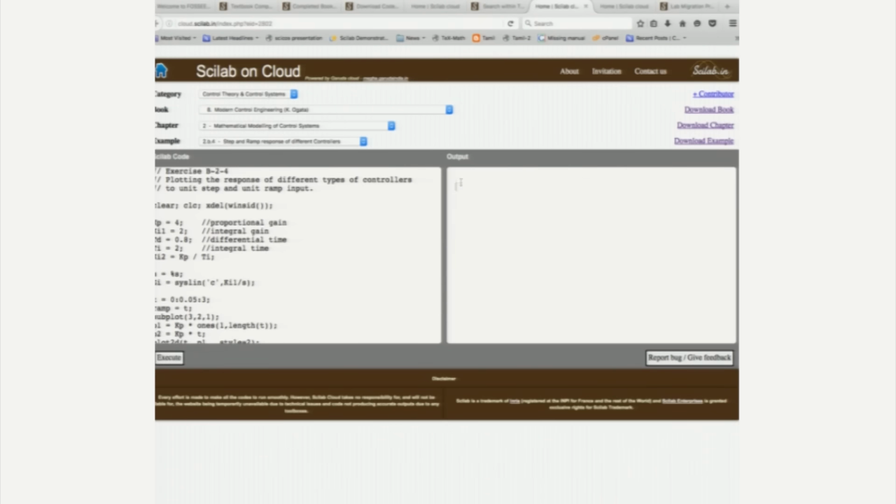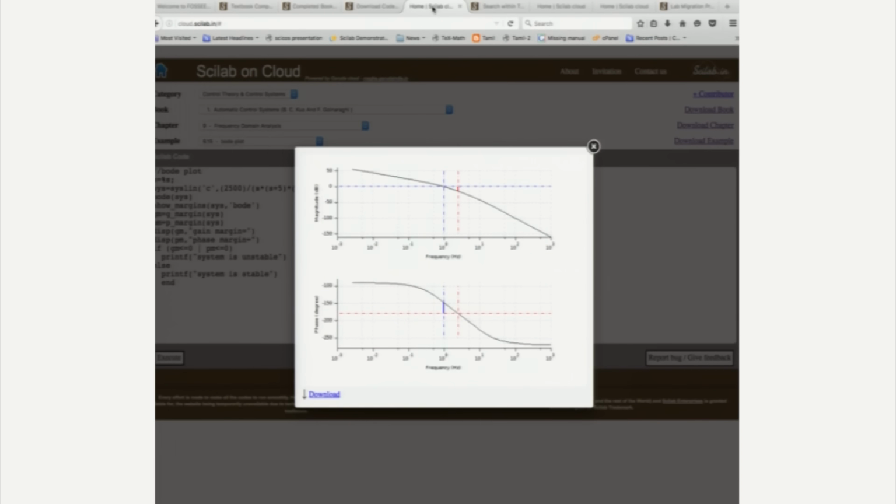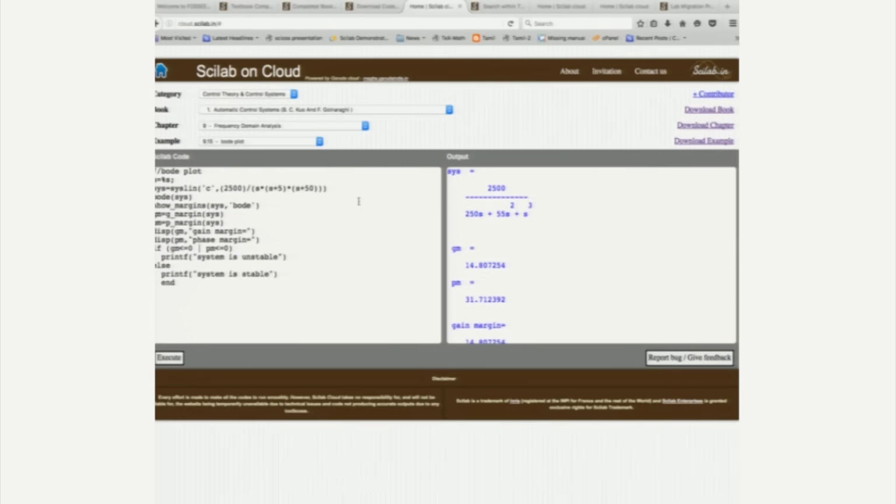Then it opens a new tab and puts that particular example in the cloud, and of course you can execute this. Let us come back here and see whether the previous one is computed yet. Look, it is already computed, the Garuda example that I showed in BCco. Let me close it.